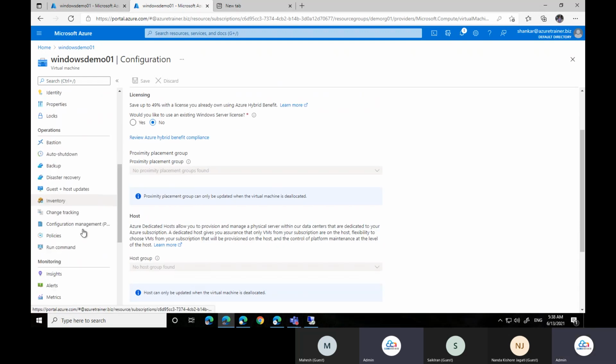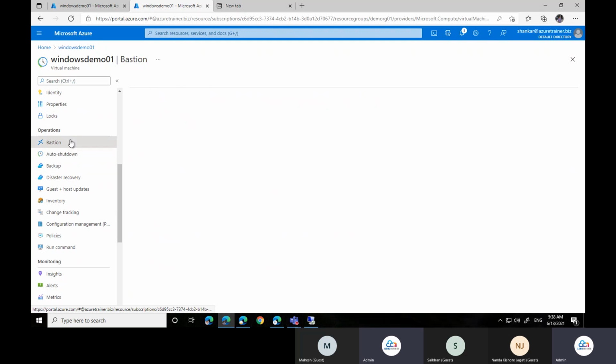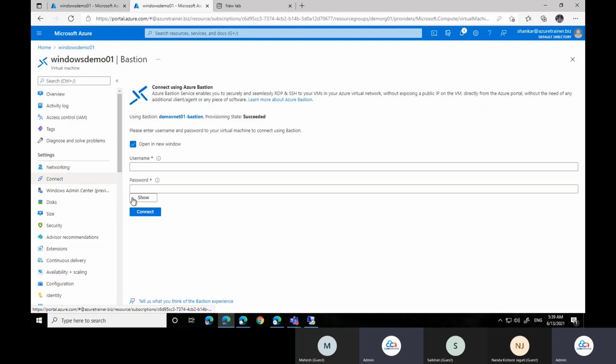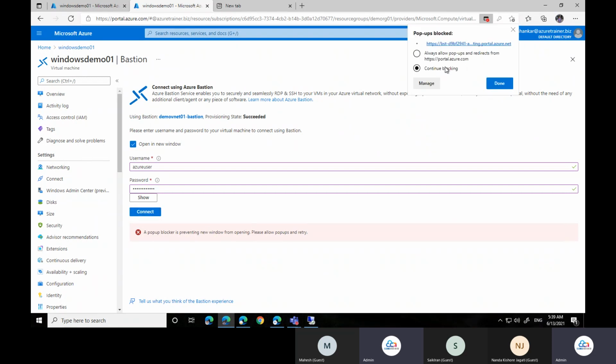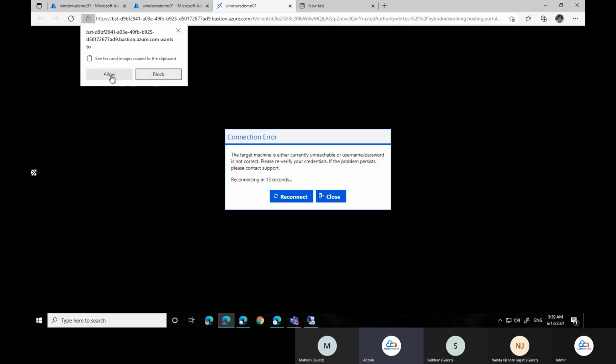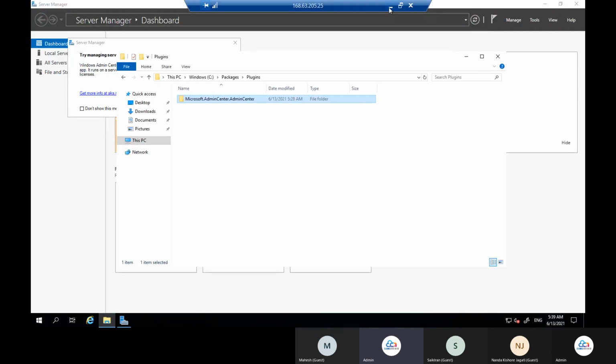Configuration is fine. Auto shutdown is something you can see here. Bastion is something, this is where you see the Bastion stuff. If you want to connect, I think our Bastion is ready. So let's try to connect to it. A blocker is preventing, please allow pop-ups. So this is blocking. It directly opens in a browser. Okay, right now,